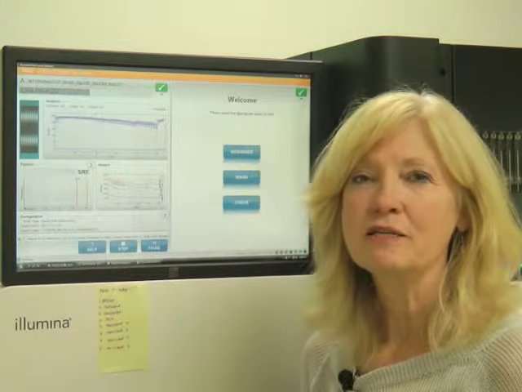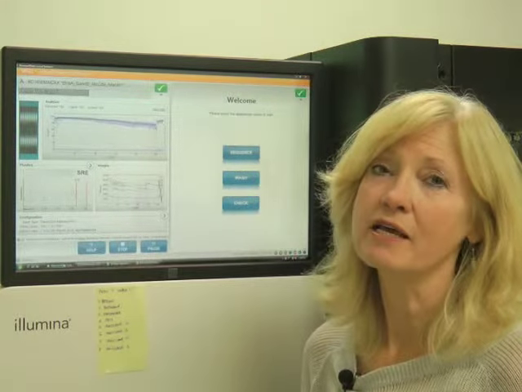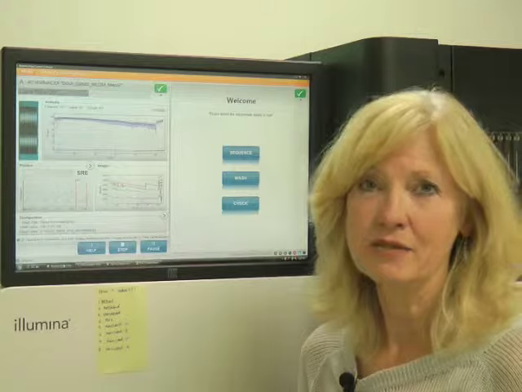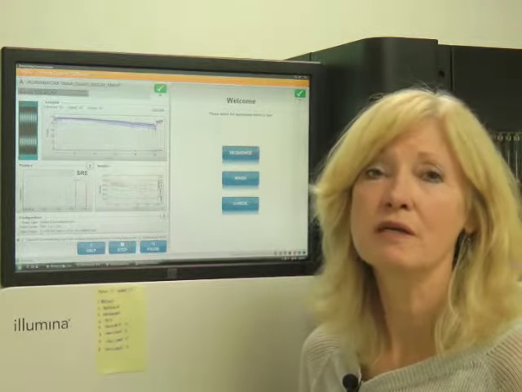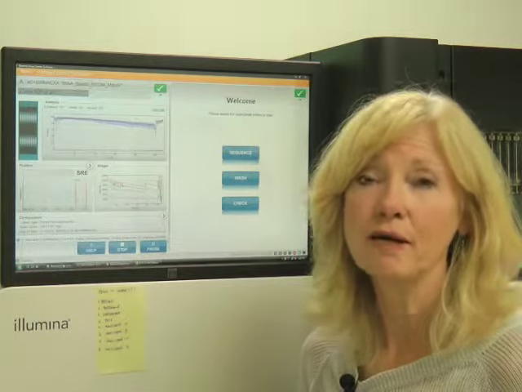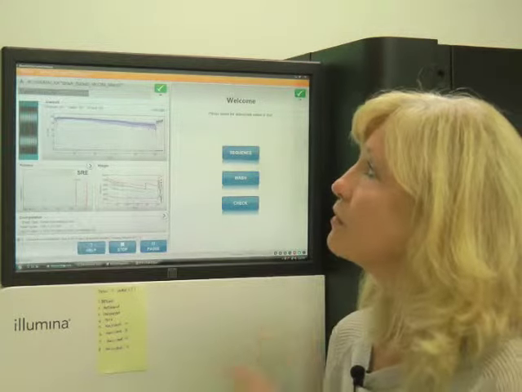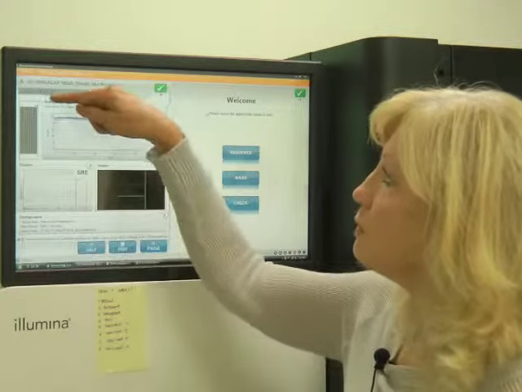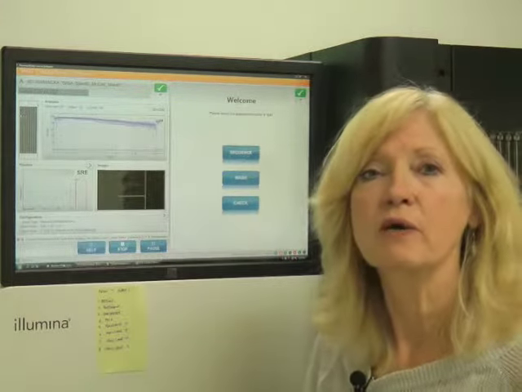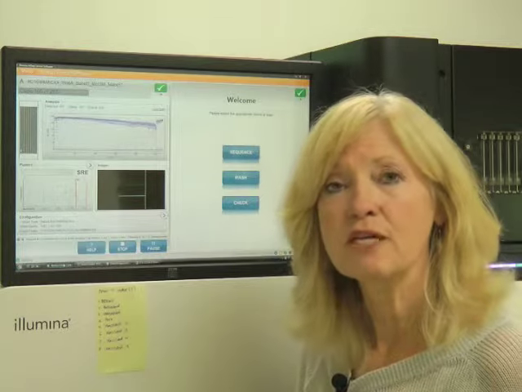As Suzanne mentioned, our paired-end 101 cycle run may take as many as 10 days. So it's really important that we follow the progress of the run. We'd like to know that all the chemistry is occurring correctly, and we can do that by looking at our HiSeq control software. On this, what we have over here is actually where the camera is imaging on the flow